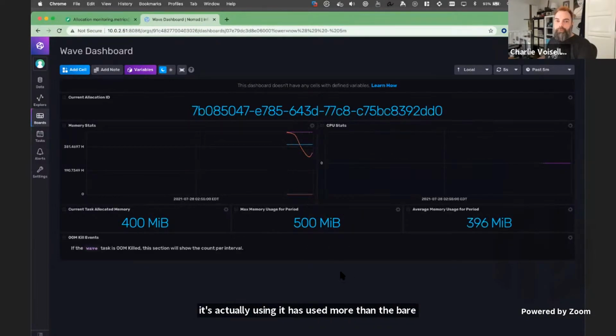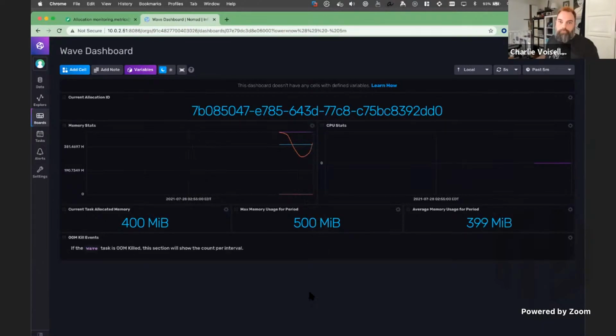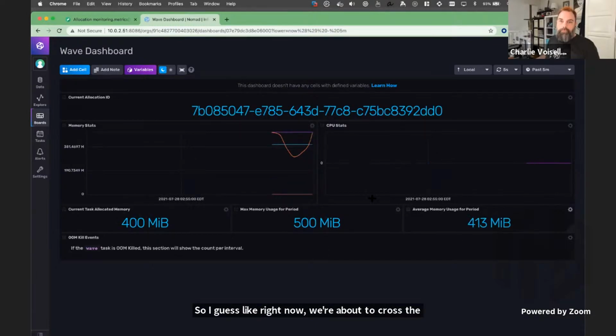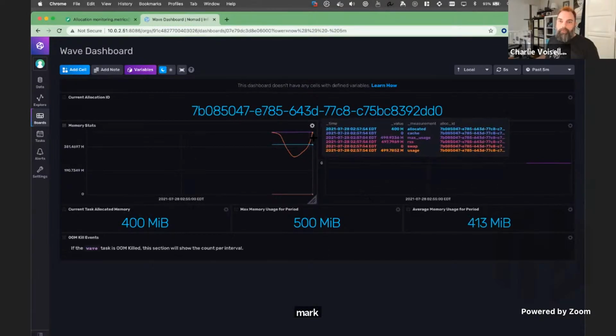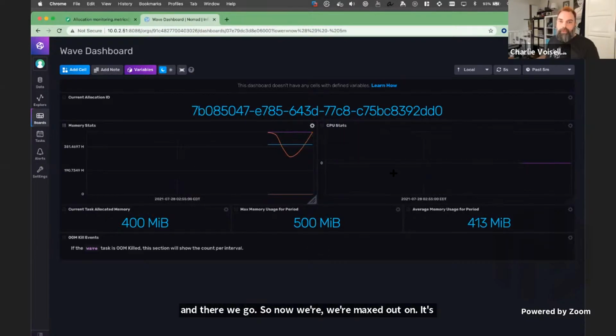And if we watch over a period, we'll see that it will come back over it again and not be killed. So right now we're about to cross the 500 meg mark. And there we go. Now we're maxed out on its expected usage, and it'll ease back down.